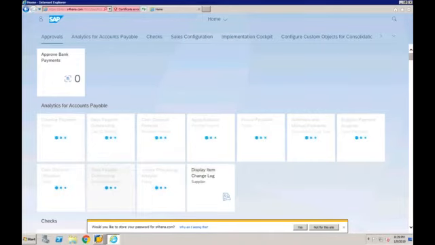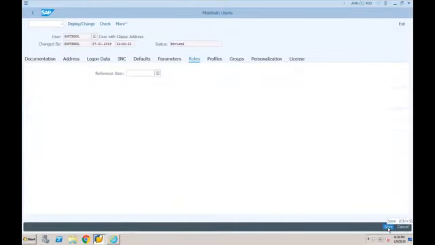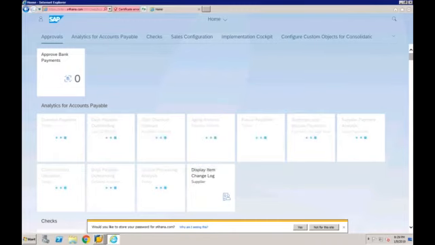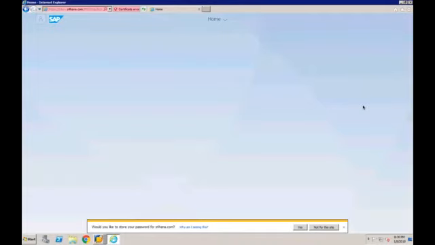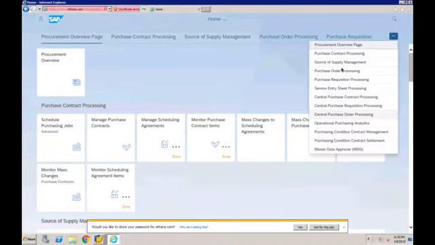But as soon as I remove these roles from the user and click on save, if I just come here and do refresh, it will only show us the apps which are relevant for those particular roles. You can see now the list is very small. So transactions related to purchasing, sales, FI, everything has been deleted. This is what is going to happen normally in the organization.